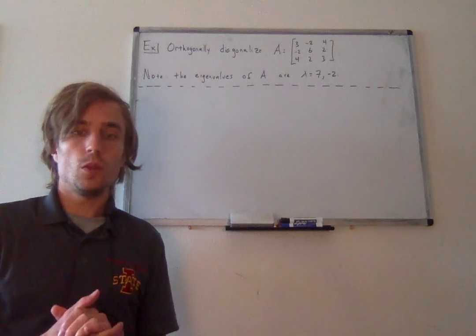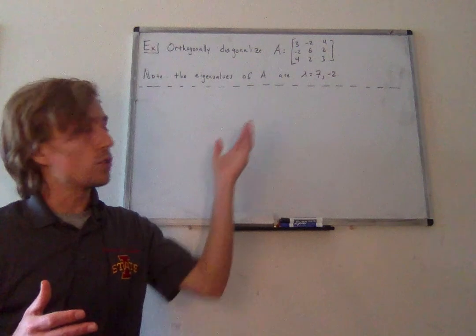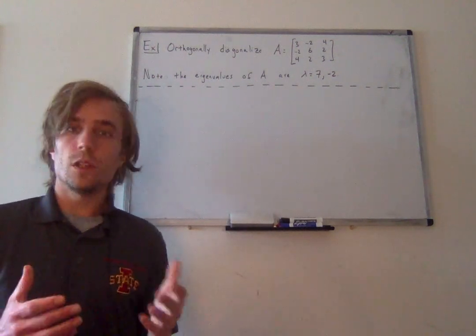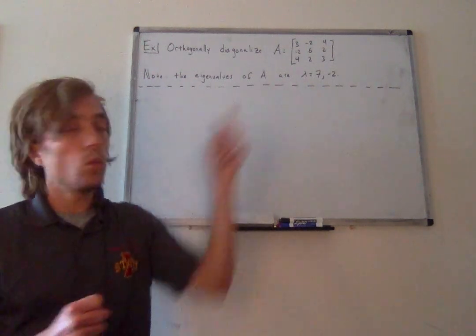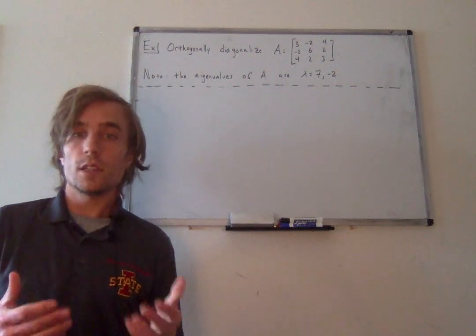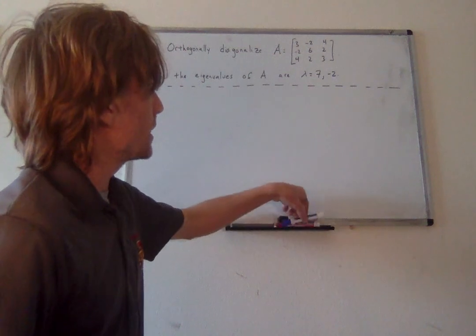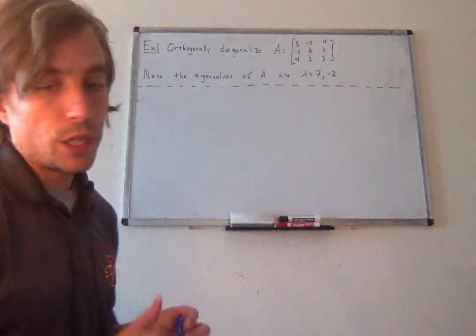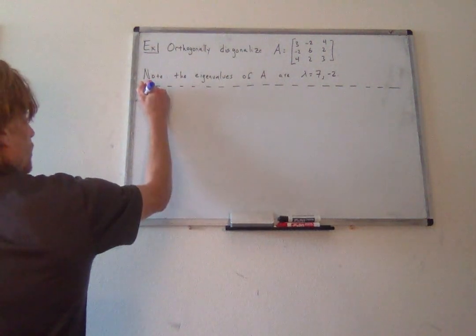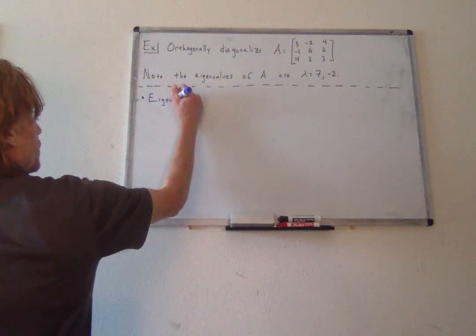So with this example, I want to basically show you that yes, this matrix and all symmetric matrices will be diagonalizable. And then I want to demonstrate how we can actually orthogonally diagonalize this matrix, even though it doesn't have n distinct eigenvalues. So I've already stated here the eigenvalues of this matrix are 7 and -2. So what we want to do first is calculate the eigenvectors